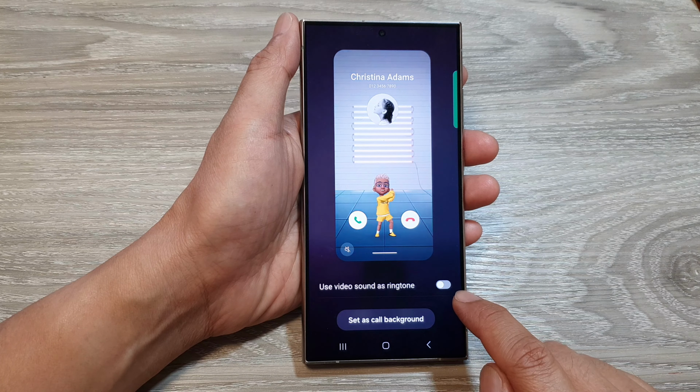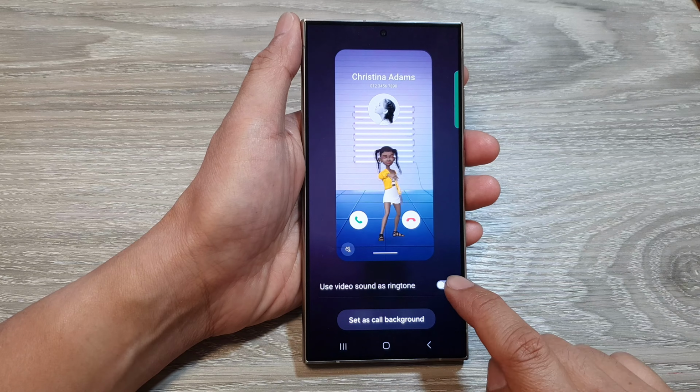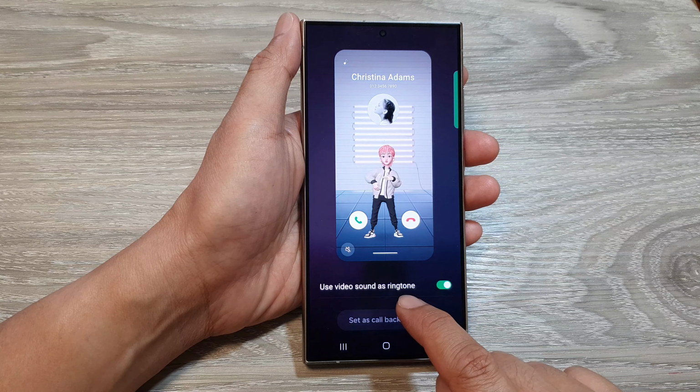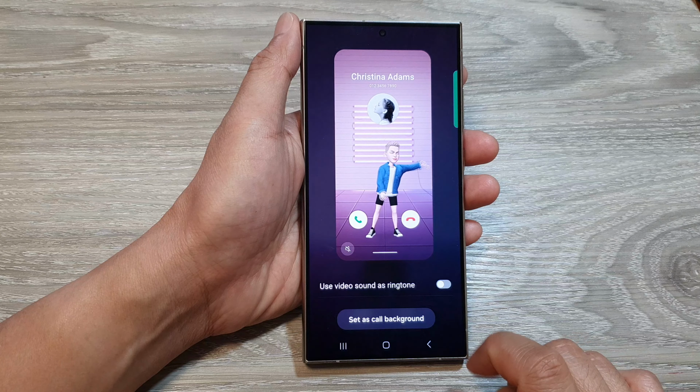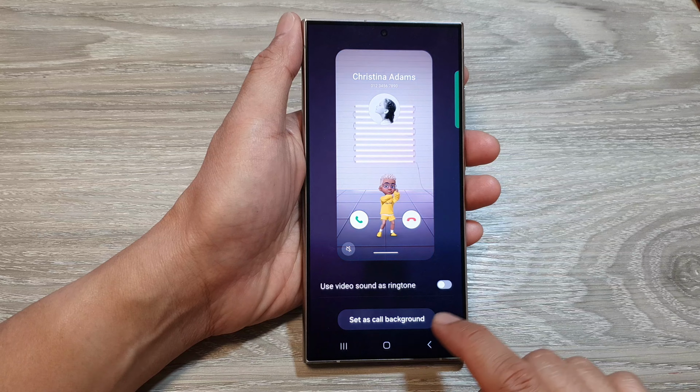If you switch it off, it will use your phone default sound. If you turn this on, it will use the sound from your video, and that will be used as a ringtone. So you can switch it on or off, and then tap on Set as Call Background to save the